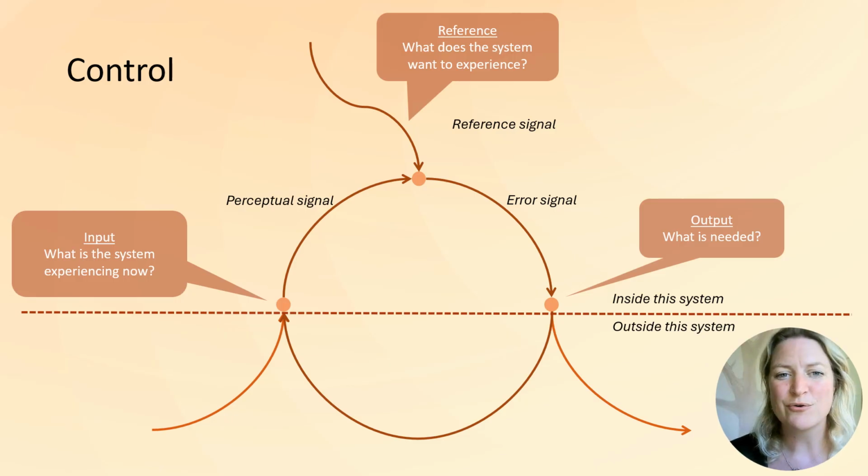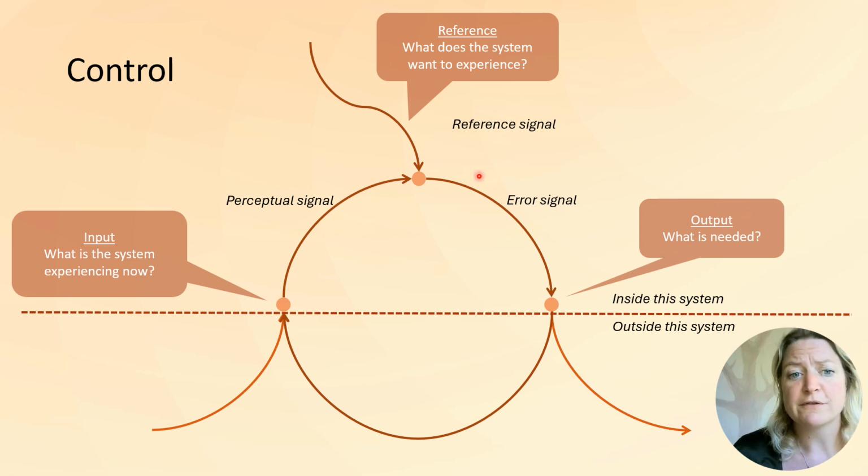So let's dive into the core of perceptual control theory, this model of a feedback loop. This simplified diagram represents the fundamental process of how living organisms control their perceptions. The key idea here is that we act to experience what we want to experience. Let me walk you through the components. On the left you see the input function, and this is our current perception, what we're experiencing right now. This could be as simple as hearing my voice or as complex as understanding this theory.